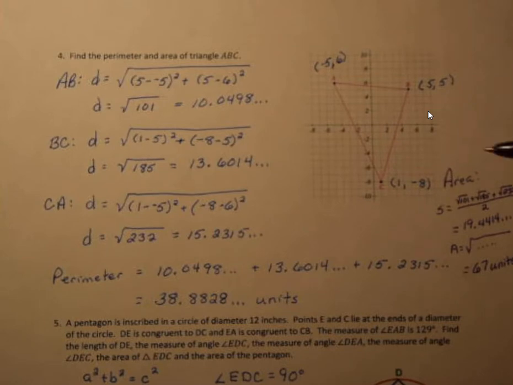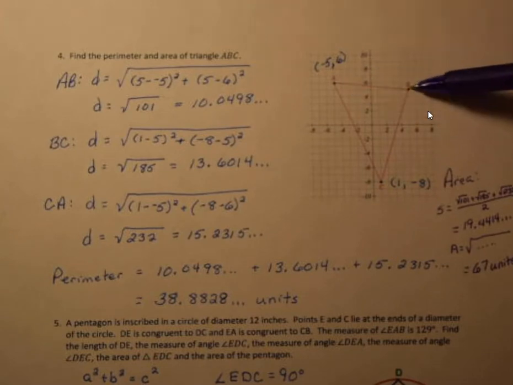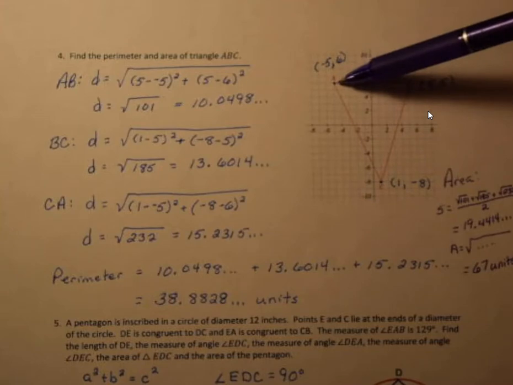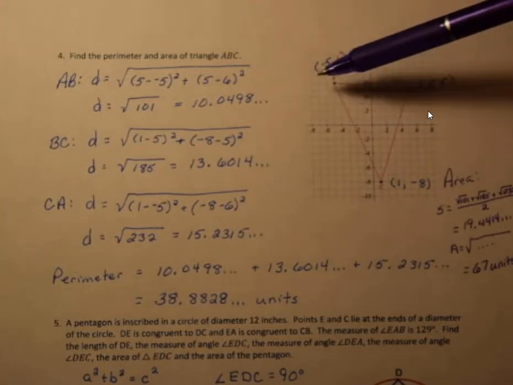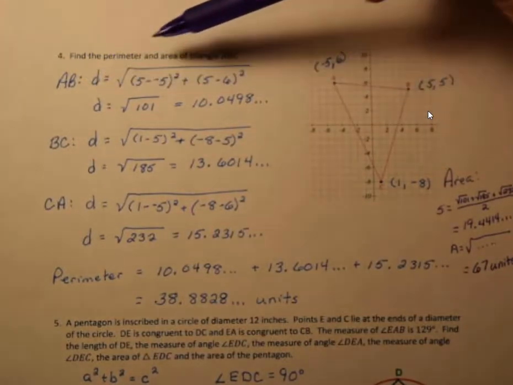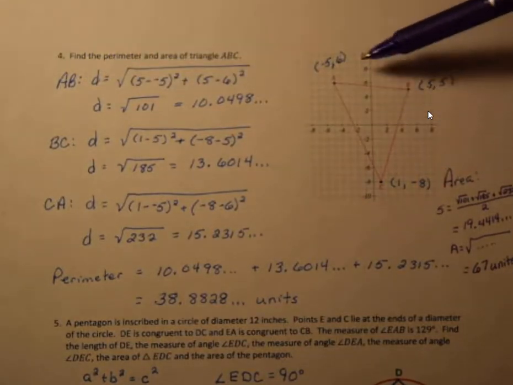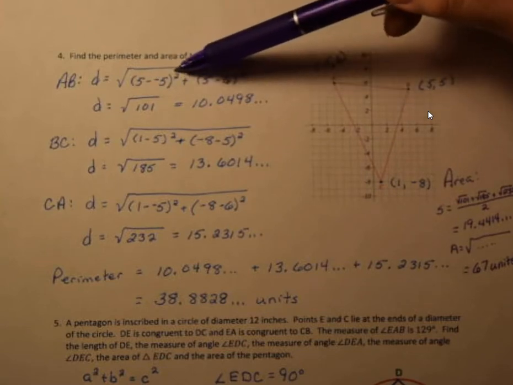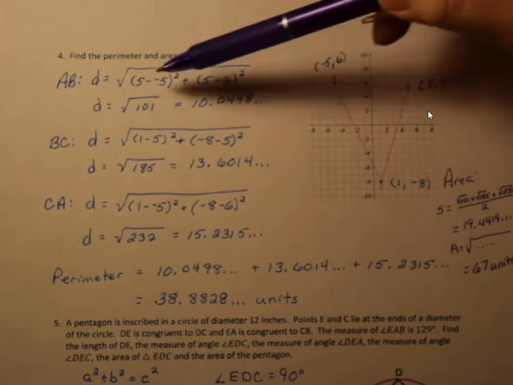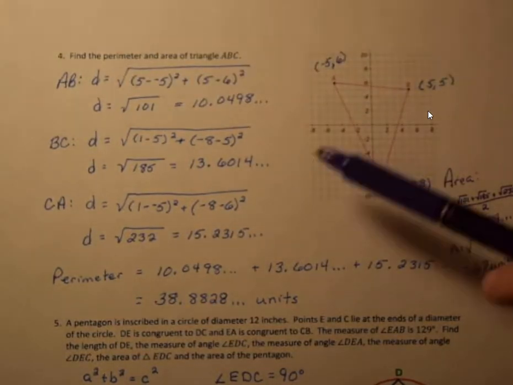Let's take a look at problem 4, which says find the perimeter and area of triangle ABC. Well, in order to find the perimeter, we need to know the lengths of all three sides. And so the length of side C, which we'll call AB, that distance, you would do x2 minus x1, the quantity squared, plus y2 minus y1, the quantity squared, and then take the square root, and you get about